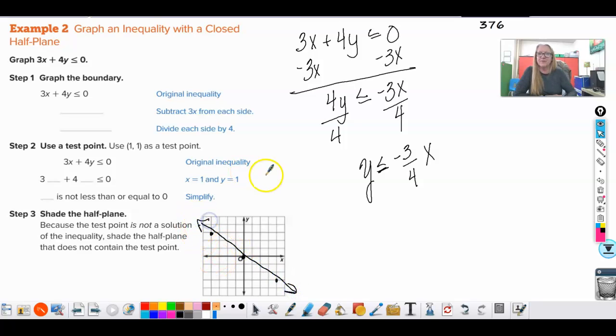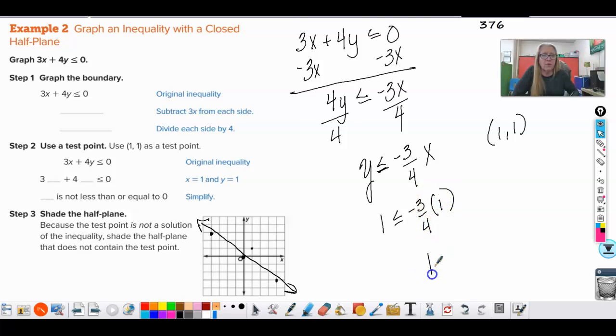Okay, now we can't use 0, 0 as a test point because it lies on the line. So let's pick something almost as easy. Let's go with 1, 1. If we replace y with 1 and x with 1, then we get 1 is less than or equal to